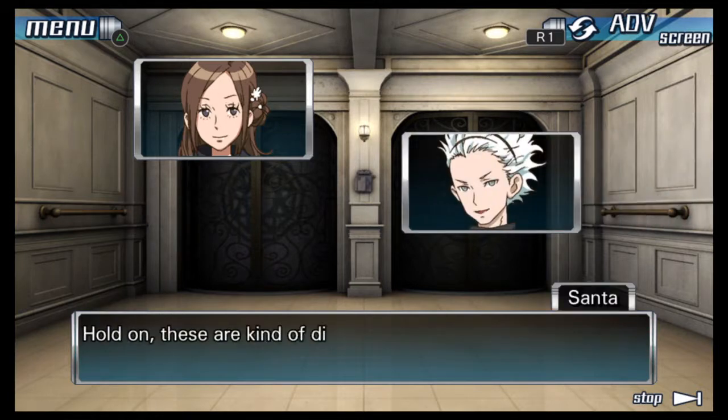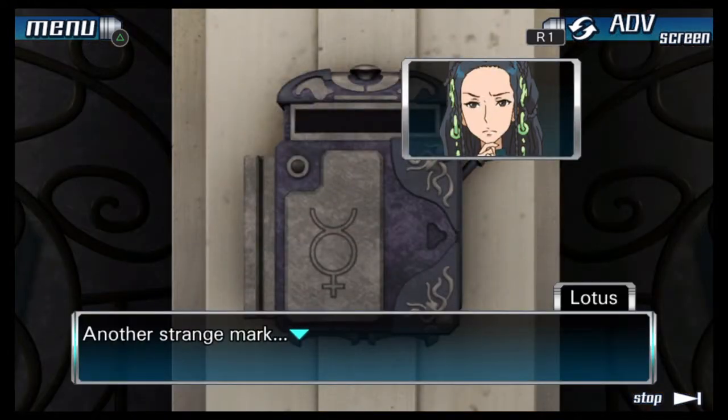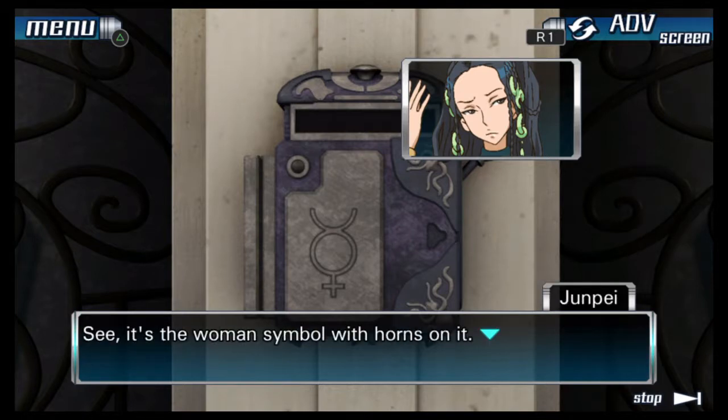Hold on. These are kind of different. See? There's a card reader on the side. Another strange mark. Hey, look! It's Lotus's symbol. See? It's the woman symbol with horns on it. That seems like...